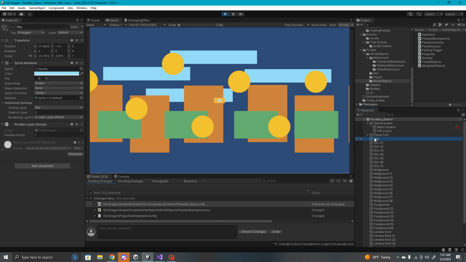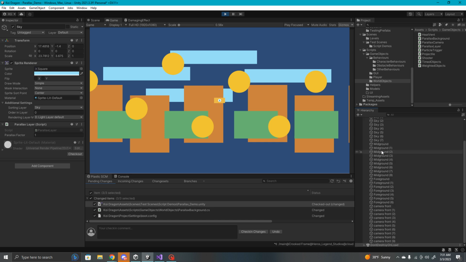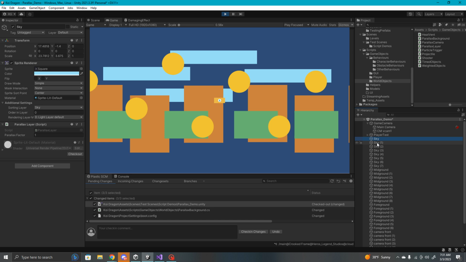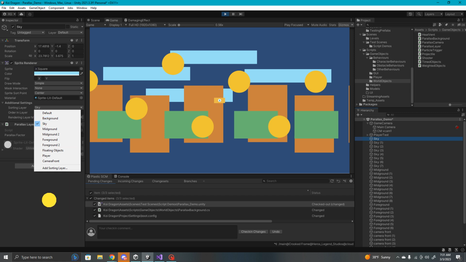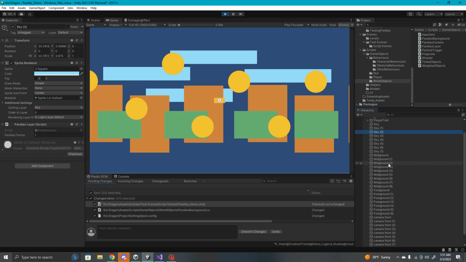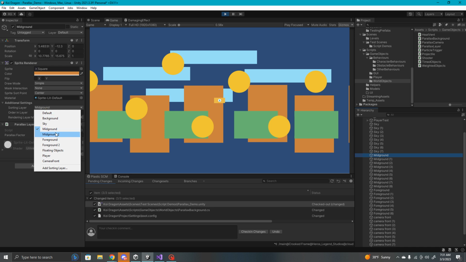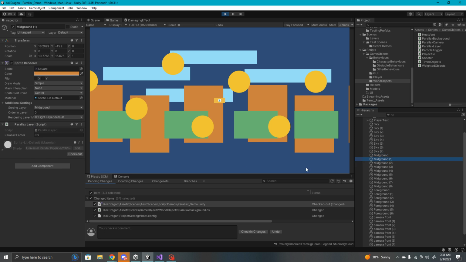And the way we want all this to work is that it should work naturally. So if we have sky objects, they should be put in the sky, which is basically the background layer. Maybe I'll add the background back in to the script, but that can be discussed later. Anything in the midground or midground 2 will be treated as the midground parallax. And when I say naturally, it's that when we add in a new sprite,